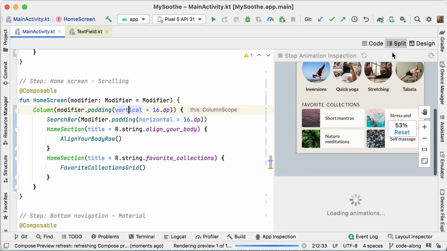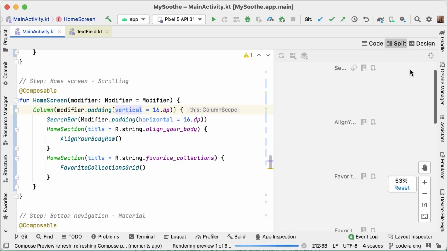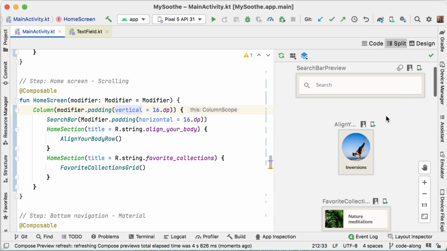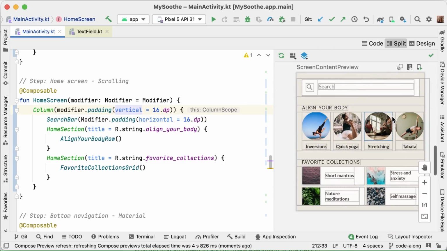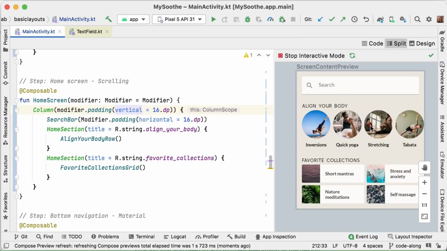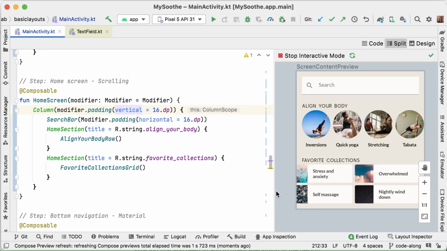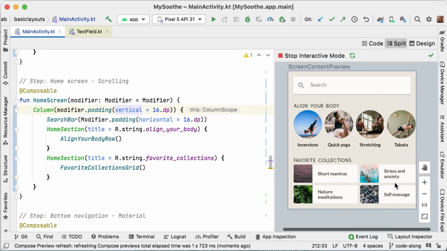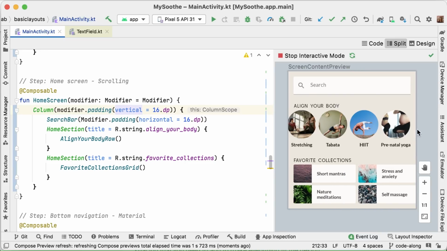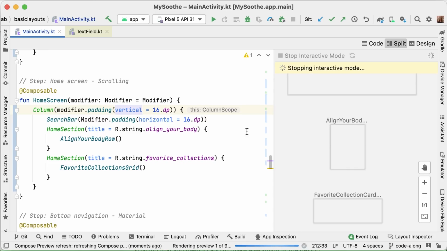Oh, no, that's the animation inspection, which by the way is also really cool. But let's open it in, because this is not an animation code lab. Let's open it in the interactive preview instead and take a look at if this actually behaves the way we want. So we have a horizontally scrolling row here, and we have a horizontally scrolling grid, and both of these look really amazing. So with that, we have the basic setup.